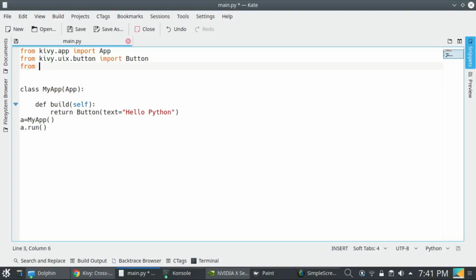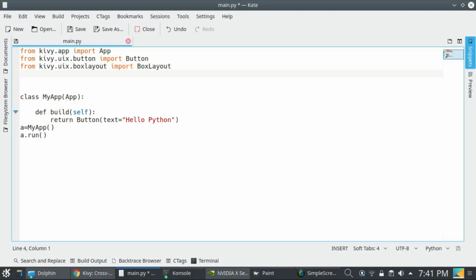So: from kivy.uix.boxlayout import BoxLayout.